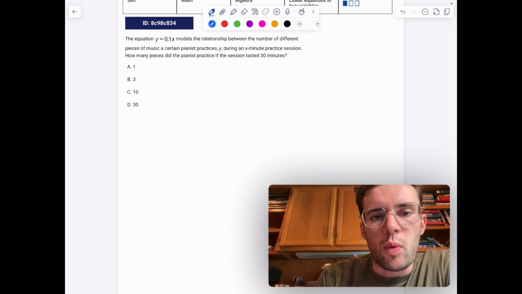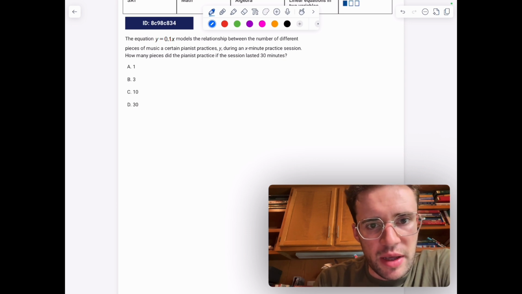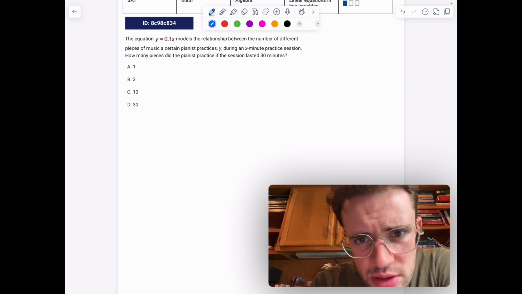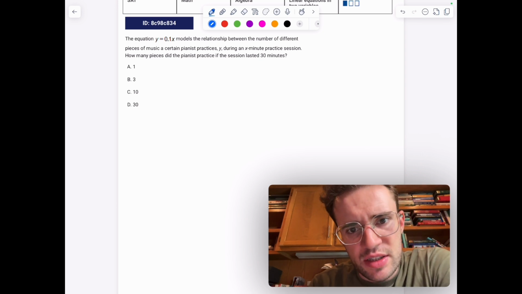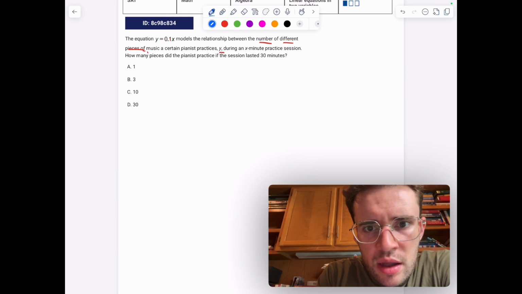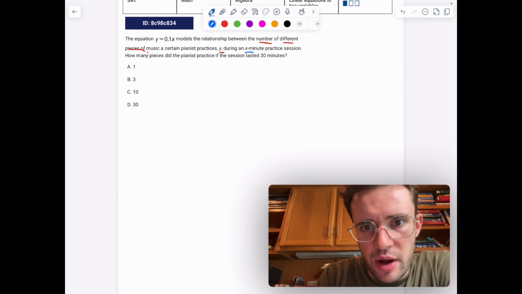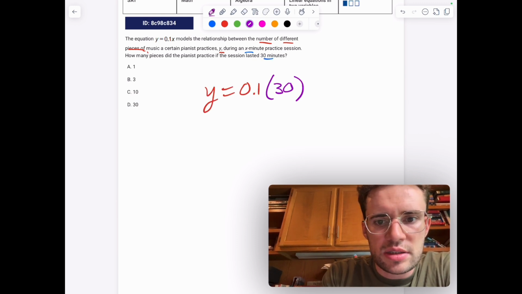The equation y equals 0.1x models the relationship between the number of different pieces of music a certain pianist practices, y, during an x minute practice session. How many pieces did the pianist practice if the session lasted 30 minutes? Number of pieces of music is y, and x is the number of minutes of the practice session. How many pieces do they practice? So x is 30. So all we're doing is plugging in 30 for x, and then you figure out what